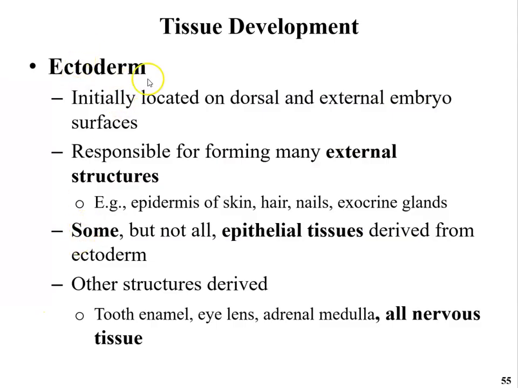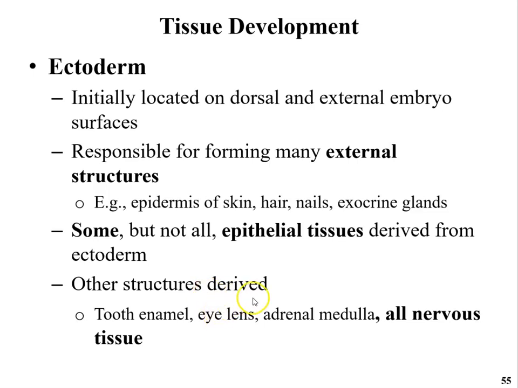All right, so let's talk about the ectoderm first. We mentioned that it's initially located on the outside of that embryo, the forming embryo. It's responsible for forming many external structures such as the epidermis of the skin, your hair, your nails, and exocrine glands. Some, but not all, epithelial tissues are derived from the ectoderm. And then some other structures derived include tooth